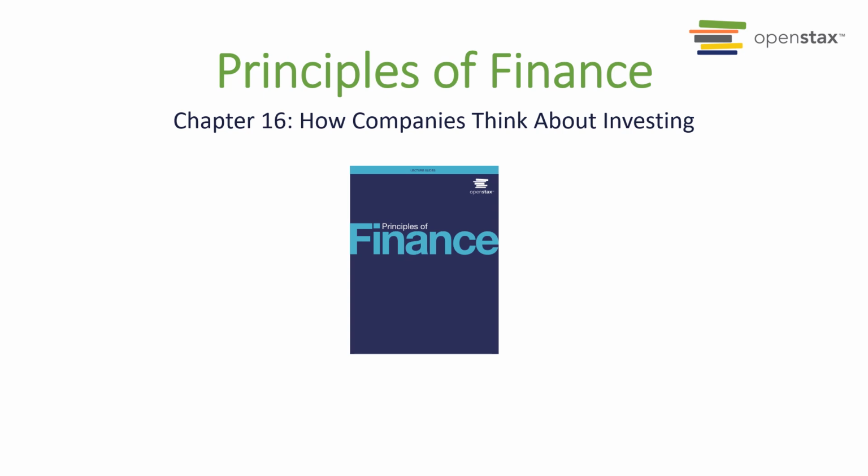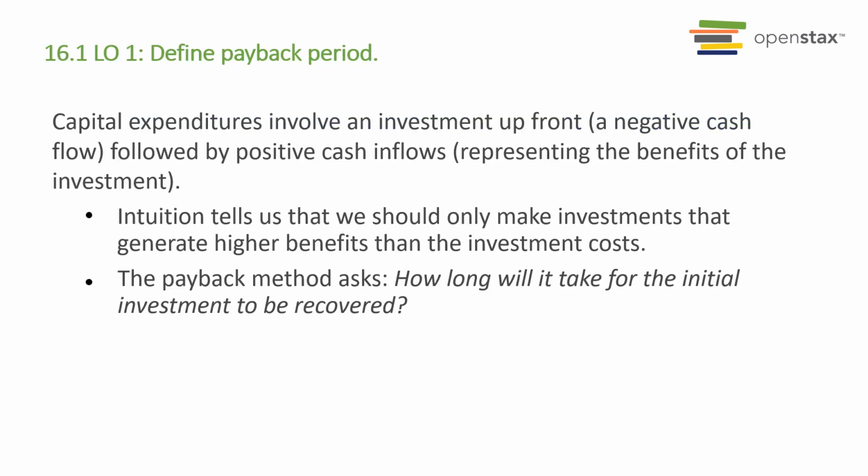Capital budgeting is the process by which firms make capital expenditure decisions. This chapter concerns itself with what methods and criteria are used by firms to make those decisions. Capital expenditures involve an investment upfront, a negative cash flow, followed by positive cash inflows, representing the benefits of the